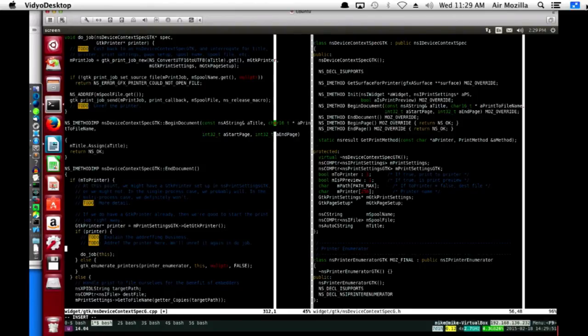If you're interested in helping us test it, keep an eye on the bug. The link to the bug is in the comments below this video on Air Mozilla. Follow the bug. Whenever the bug is resolved, closed, and it ships in Nightly, try printing some stuff out if you're using Linux on Nightly with E10S enabled and disabled. Print some PDFs, print some PostScript, whatever. And you can help me test it out.